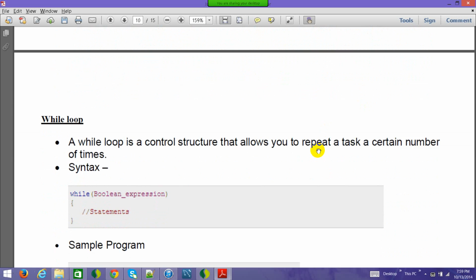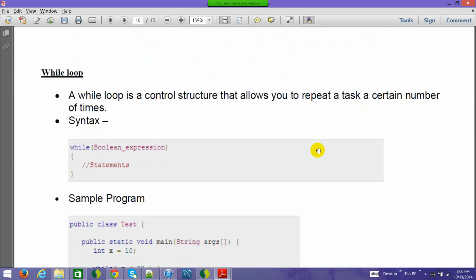So the while loop. Now what is a while loop? While loop means that until the boolean expression which I give here is true, keep on executing the set of instructions here. If by mistake I write while a is greater than 10, and I do not modify the value of a inside this block, then this particular block will keep on executing forever, and the only option available is to stop this program. Otherwise, Java is not going to stop it by itself. So that's why we have to design this carefully.